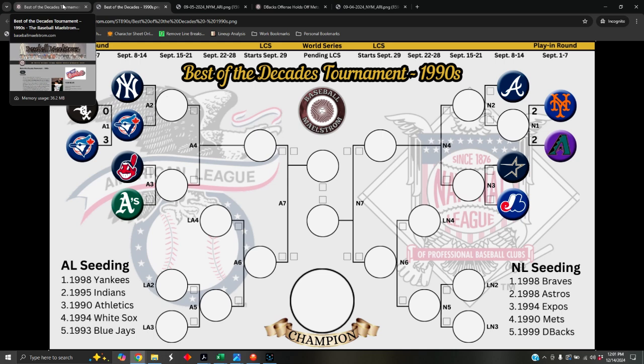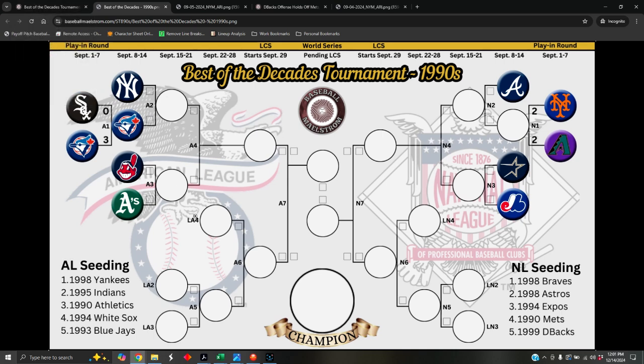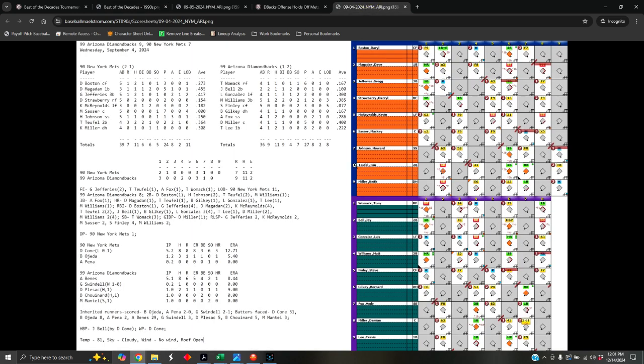So, how did we get here? Well, interestingly enough, the New York Mets had a 2-0 series lead on Arizona, winning the first 2 games at Shea Stadium before we headed to Arizona. And they had held the Diamondbacks to 2 runs on each of those first 2 games, I believe. But then in Game 3, David Cone facing off against Andy Benes,